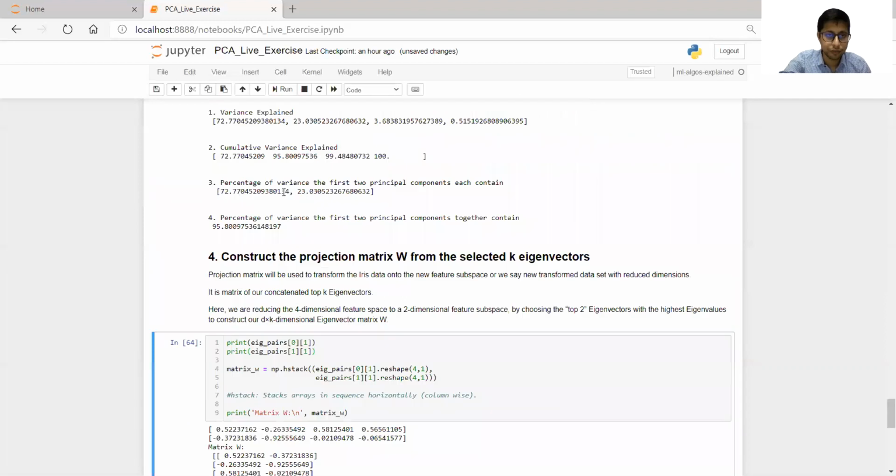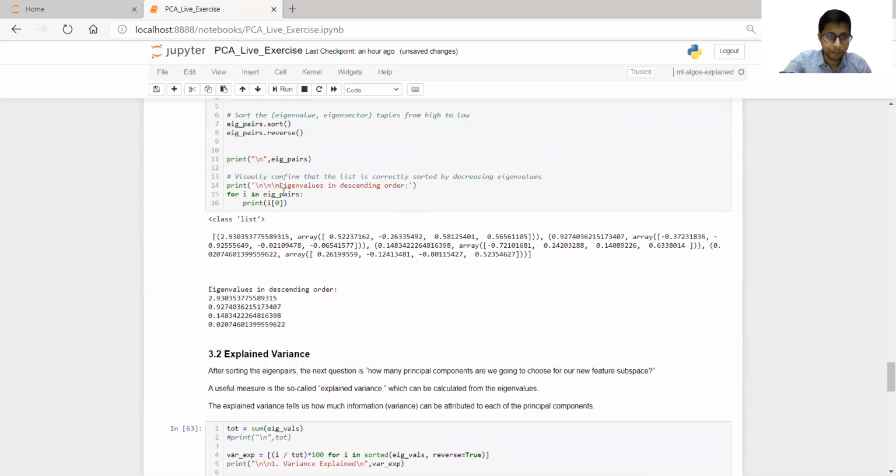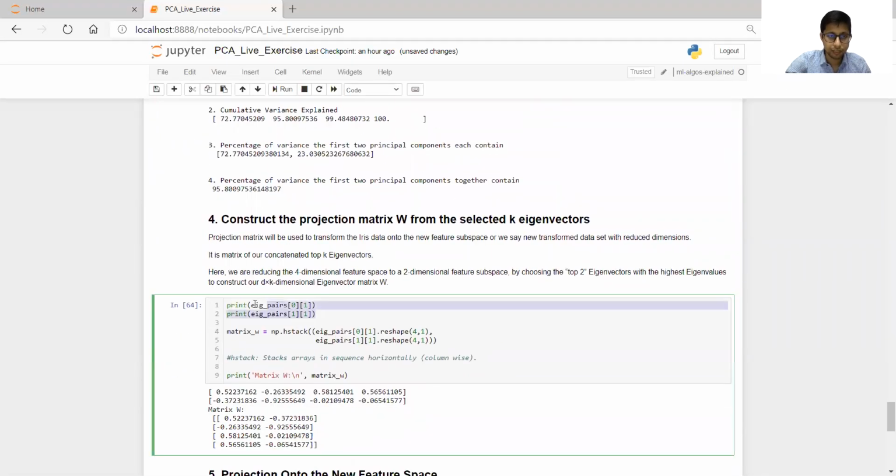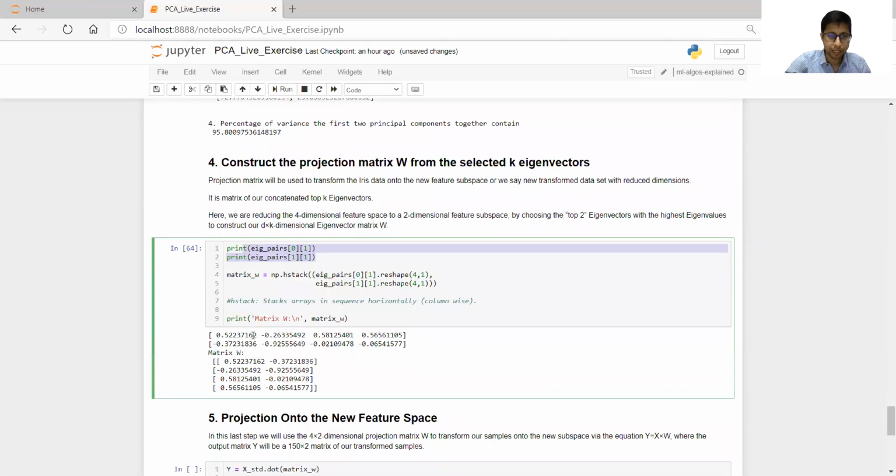If you see here, this is the content of the eigenpairs. So 0th location is the eigenvalue and first location is the array, that is the eigenvectors. We are interested in the first two, so this will give you the first two sets of eigenvectors. And then hstack arranges arrays in sequence horizontally; we are just transposing it, making it column-wise. So it becomes this one.